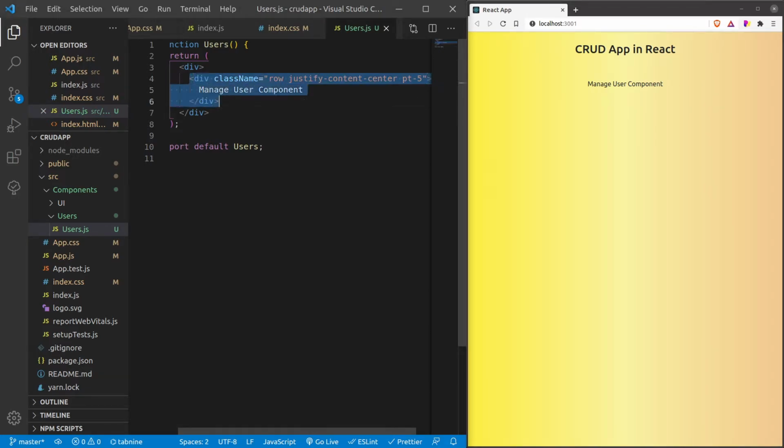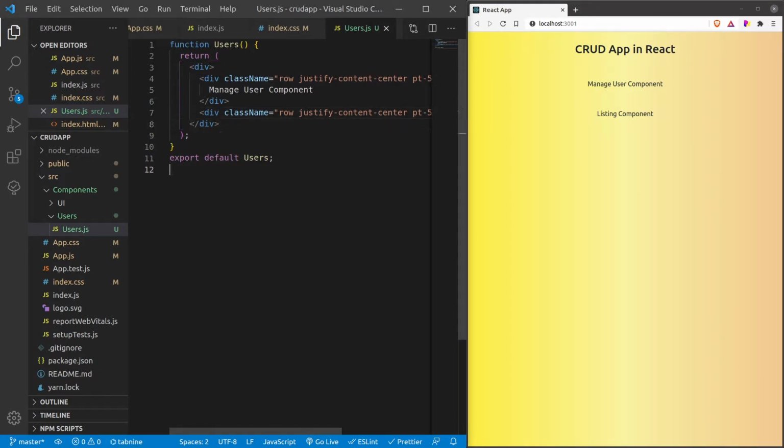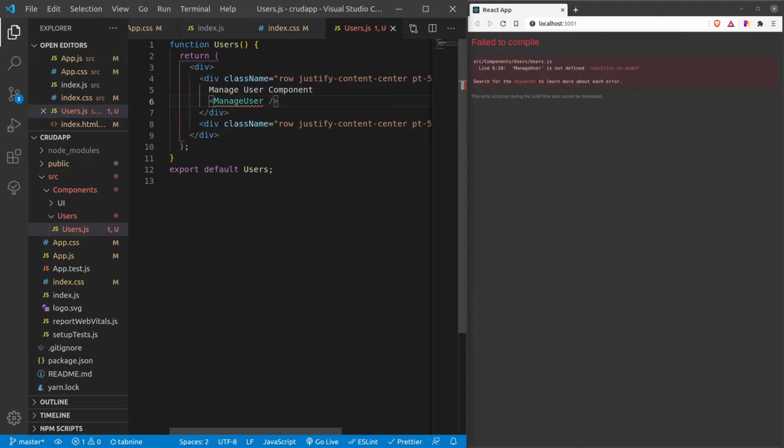Similarly, let's create another row for my listing. Okay guys, here I am saying that it is for listing component. All right, so now let's create our manage user component. So instead of creating this, let me create manage user component.